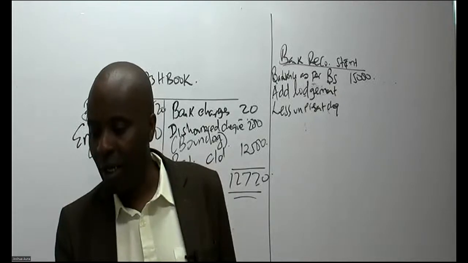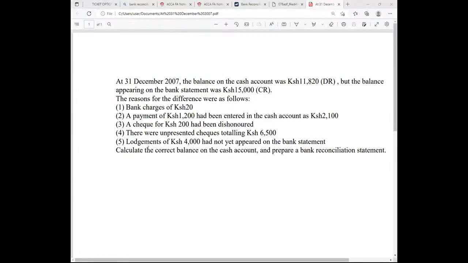Let's check here. So they've told us, note 5, lodgements were 4,000. And then unpresented checks that I'm subtracting here from note number 4 was 6,500. 6,500 you're subtracting. So then could you kindly give me the balance